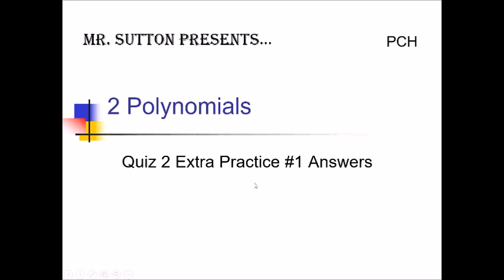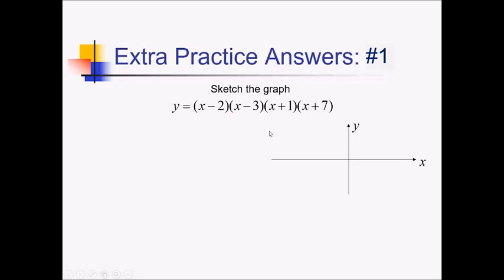and Applications of Polynomials. To sketch this graph, let's start by getting our roots, our x-intercepts. That's going to be whatever zeroes out all these parentheses here. So we've got 2 for that first one, because 2 minus 2 equals 0, followed by 3, -1, and -7. So graphing those out from left to right, we've got -7 on the far left here, and -1 is a bit closer to the y-axis. Over on the right side of the y-axis, we have 2, and somewhere to the right of that, we have